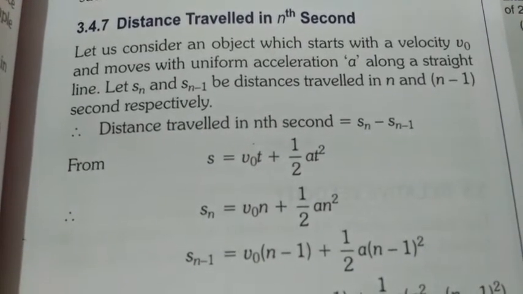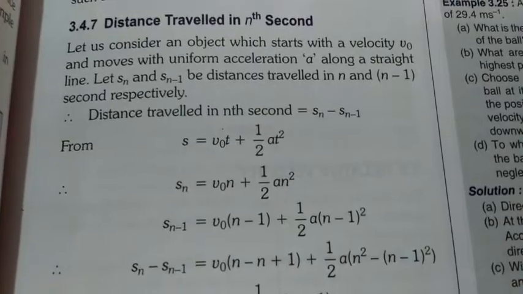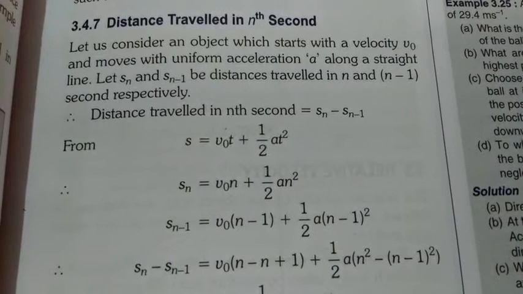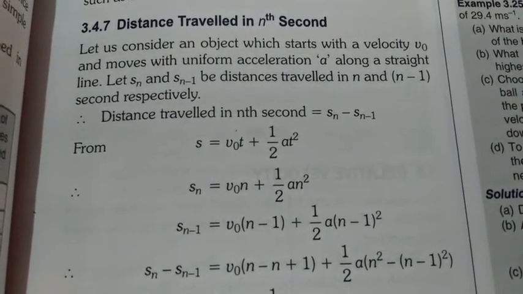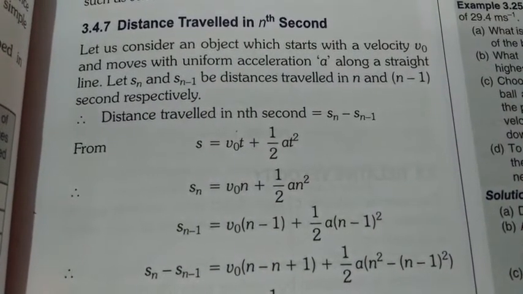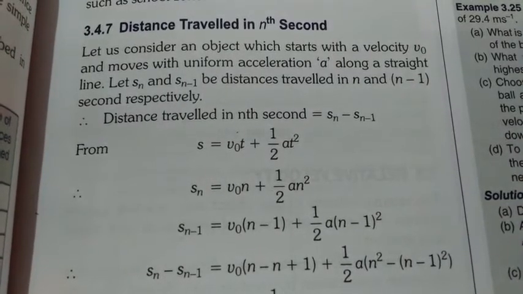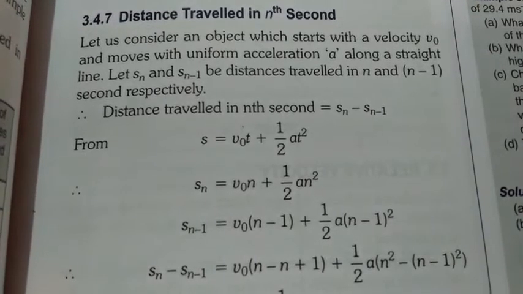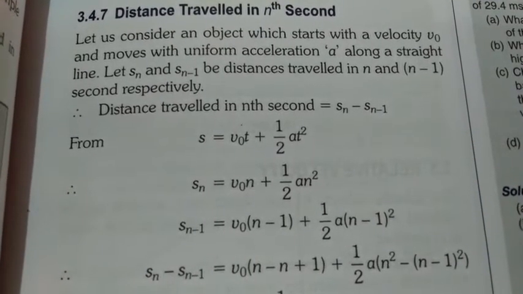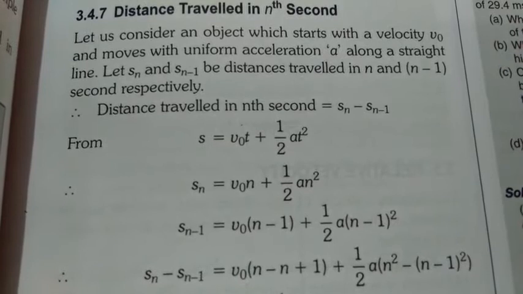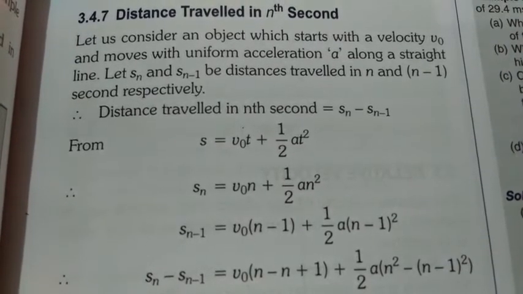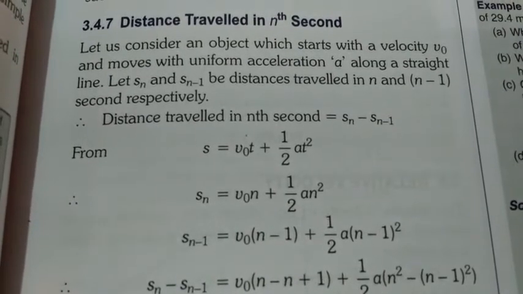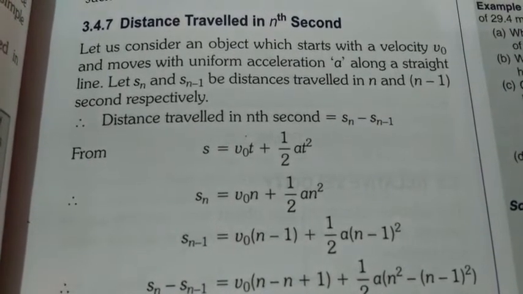That means only 1 second distance we want to find out. So that time a different kind of formula we have to use. I hope you are understanding the situation. In this situation, suppose an object has traveled a distance in 5 seconds, from 0 second to 5 second, but we are not interested in finding out the total distance traveled in the total 5 seconds, but we only want to find out the distance traveled in the last 1 second or last 2 seconds. So in that type of case we have a different formula to find out the distance.